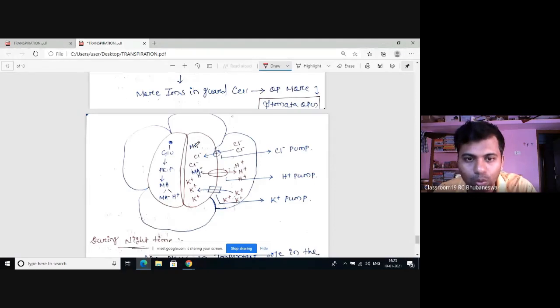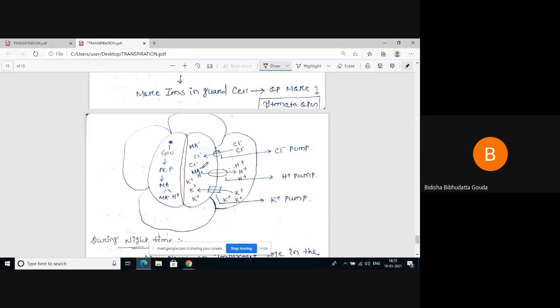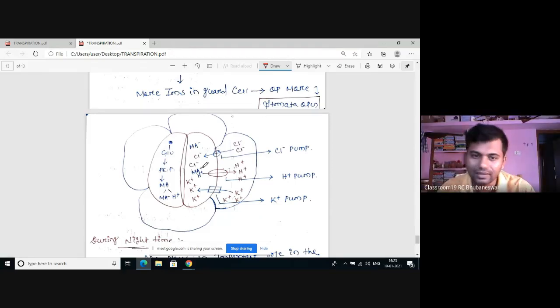So what would be the charge of the guard cell here right now? Positive. And then to balance the charge of the excess K plus, chlorine minus starts to enter. Look at now, the concentration of the ions like malate minus, chlorine minus, K plus now increases inside the guard cell. Due to that, the OP of the guard cell increases. Due to the increase of the OP of the guard cell, water from the subsidiary cell enters into the guard cell. So stomata become open.